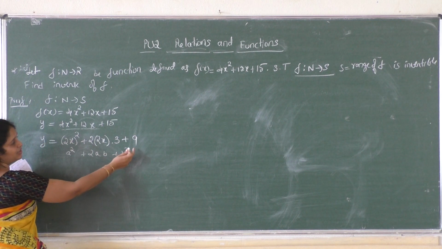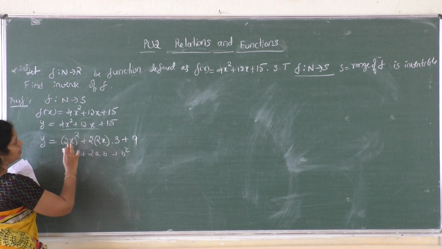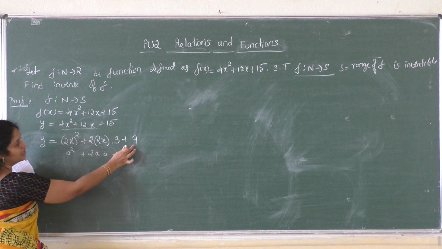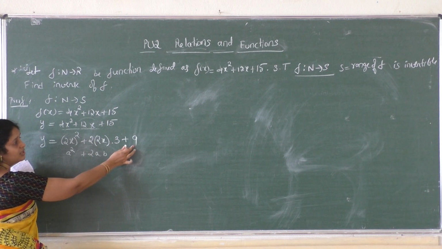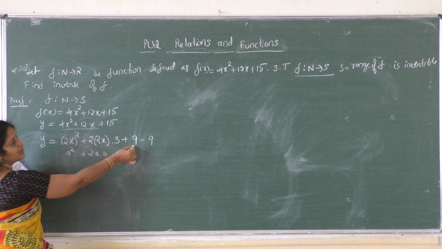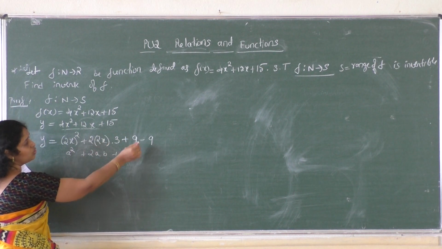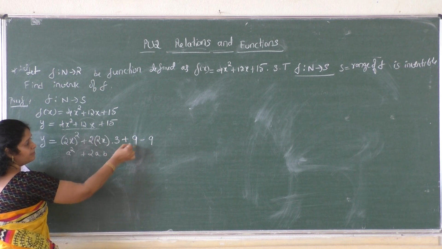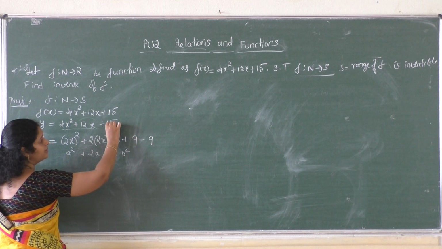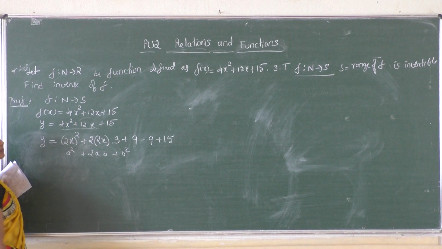Now it is a complete square, but here you can see 4x square is there, 12x is there, but here we have 15, not 9. So since you added 9, you can subtract 9, or you can split 15 as 9 plus 6. In that way you can write, or you added this b square as 9, that means you subtract 9, then add 15. In that way also we can write.